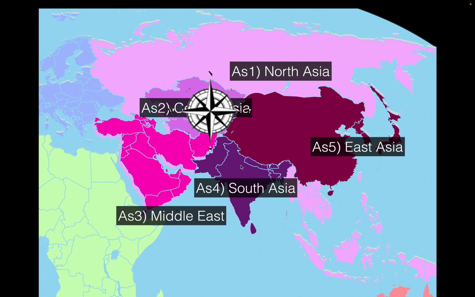So if this is North and this is East, then over here would be South. South Asia includes India, Sri Lanka, Nepal, Pakistan. These few countries are slightly less developed than the rest of Asia. And sometimes again they are taken out of the data, especially India, from the average, because there are so many people in India that they can skew the average.